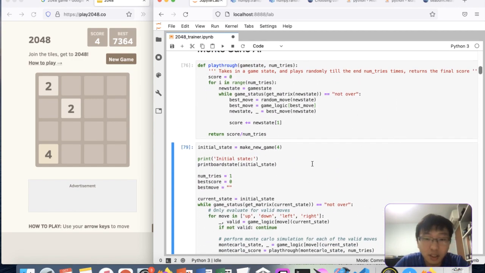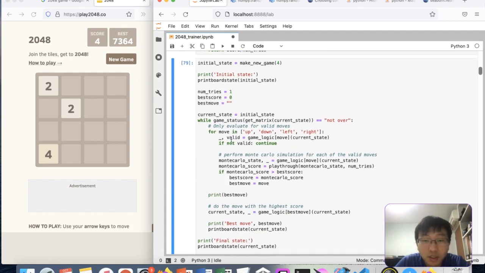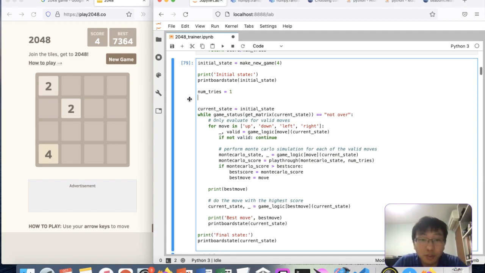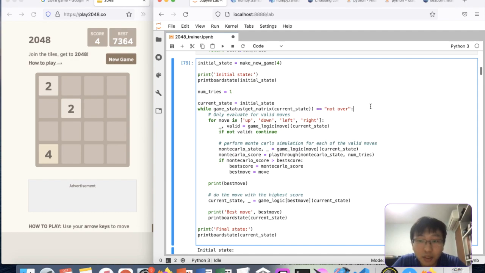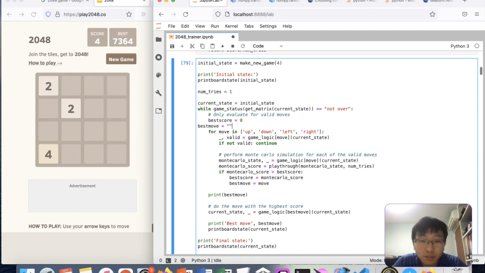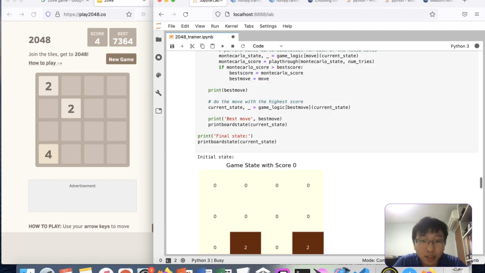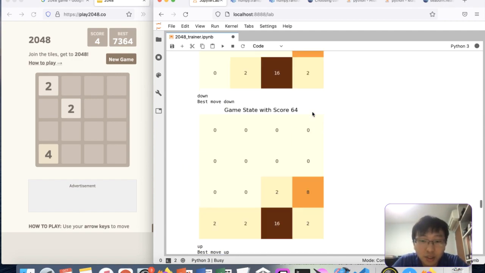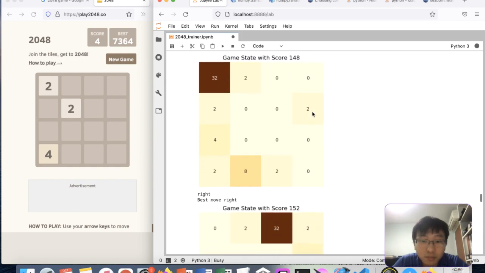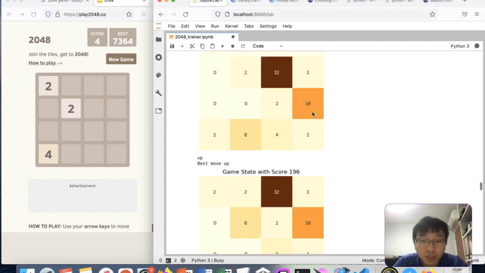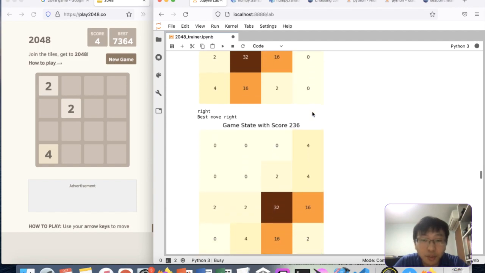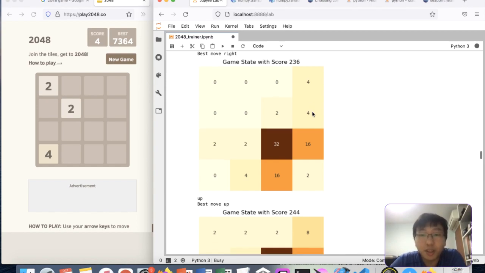So in the Monte Carlo AI over here, if not valid, continue. I know why, because of this, best score and best move should always be done here. Yeah, so in the while loop I need to reset the best score. Yeah, so now it's working. It just evaluates like one potential random future and